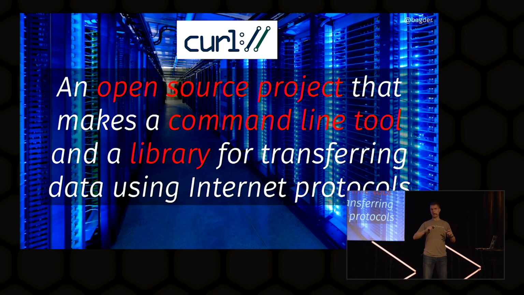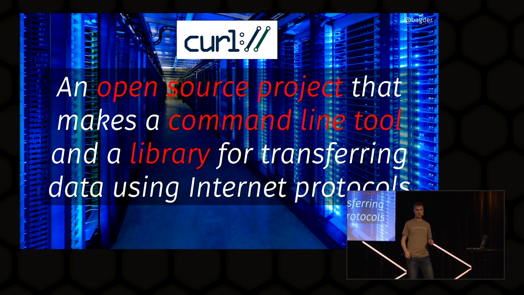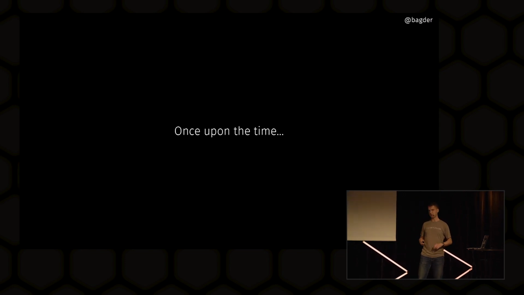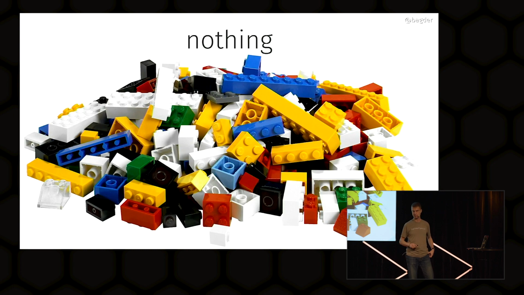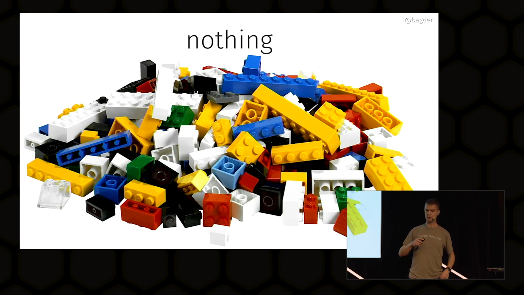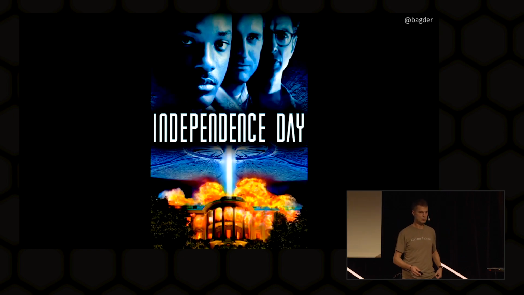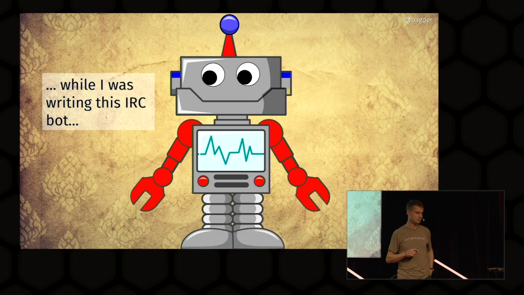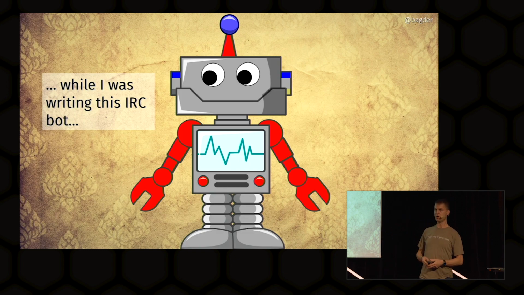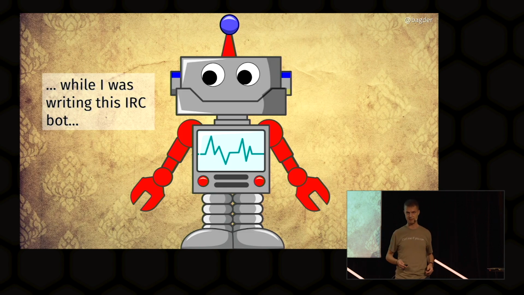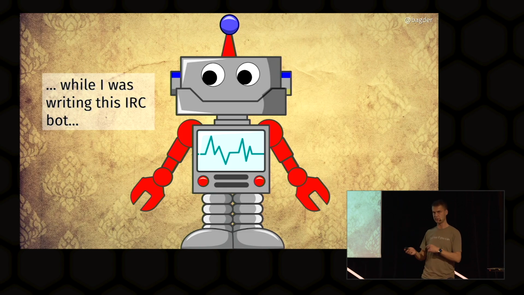So this whole thing started back in the day because, of course, from the beginning there was actually nothing. We had some building blocks, as with everything. This year the movie Independence Day premiered, around the autumn of 1996, around the time when I started fiddling with HTTP, because I was writing an IRC bot at that time, as you do, right? I wanted to get some currency rates for the bot so that we could exchange currencies in the channel. So what's 100 USD in Swedish crowns today?